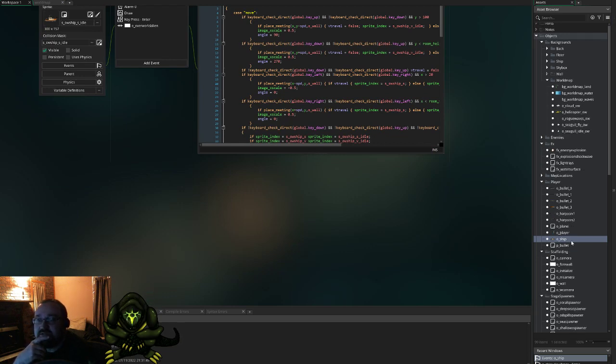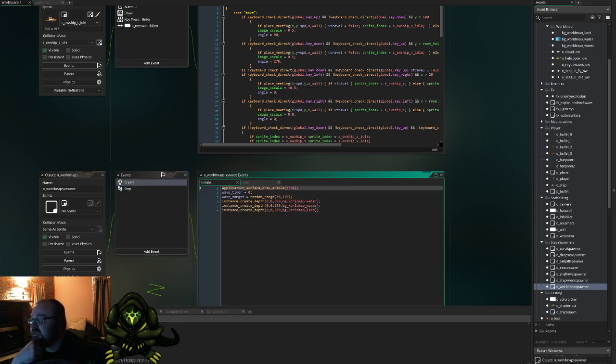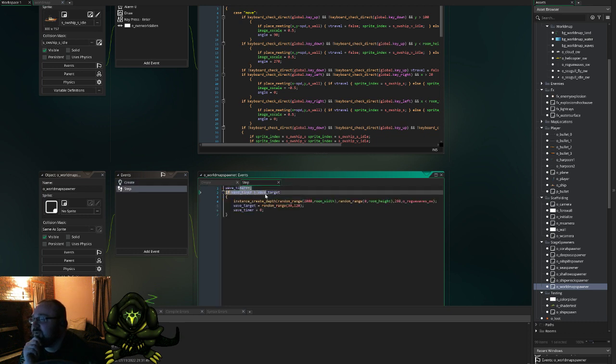I'm going to use the room spawner, world map spawner. This is where I was creating these different things that are in the scene. I can just use this as my spawner for everything else. I've got two variables, wave timer and wave target. The timer is set to 0, and the target is between half a second and 2 seconds. Wave timer counts up. If the wave timer is above the target, then it creates one of